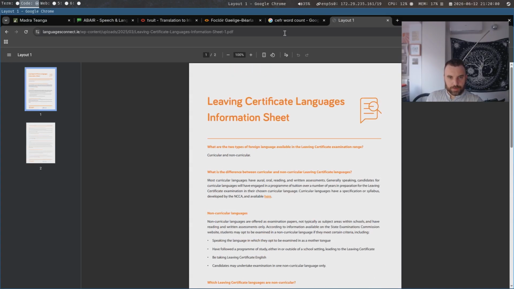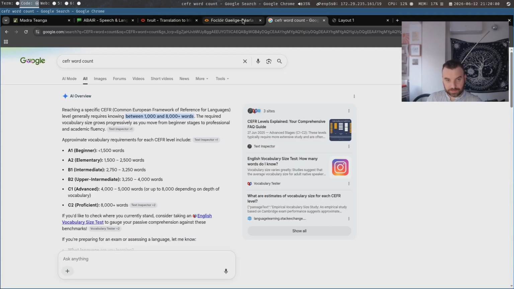That's a rabbit hole. But from my experience in life, if you get to B2, you're generally going to stick with the language. Generally, if you get to B2, you can read and watch TV, and it's just a question of using the language. Getting to B2 is hard, but once you're there, you should be able to maintain it. And then C1, C2, C2 is near fluent, near native. But I think in C1 you can work in the language, right? But anyway, my point being, they say 4,000 to 5,000 words vocabulary for these levels.